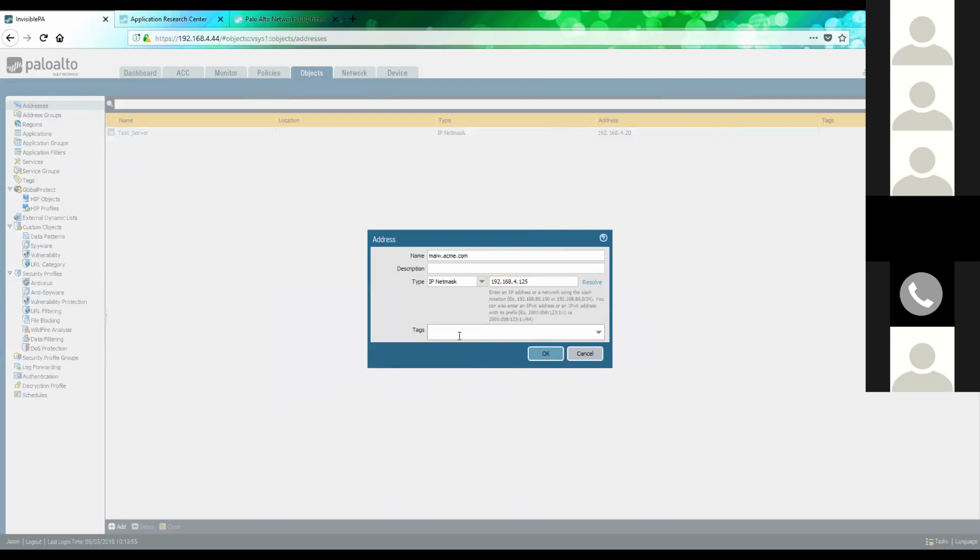We didn't really talk tags. That's how you use tags properly, and using tags could be a much longer conversation. But at a very high level, if you're not familiar with them, the idea of a tag is you can tag groups of rules, groups of objects a certain way, and then use that for filtering and discovering stuff. So for example, let's say you had an application that runs in your environment. You're a 3-tier environment and you have tests and production. By 3-tier, I mean you have a web layer, you have an application layer, you have a database layer. But they're all tied back to this one particular app. So you may have a tag for presentation, you may have a tag for application, you may have a tag for